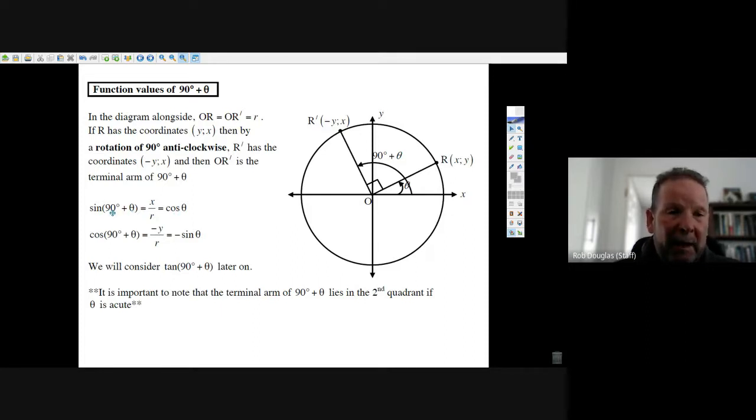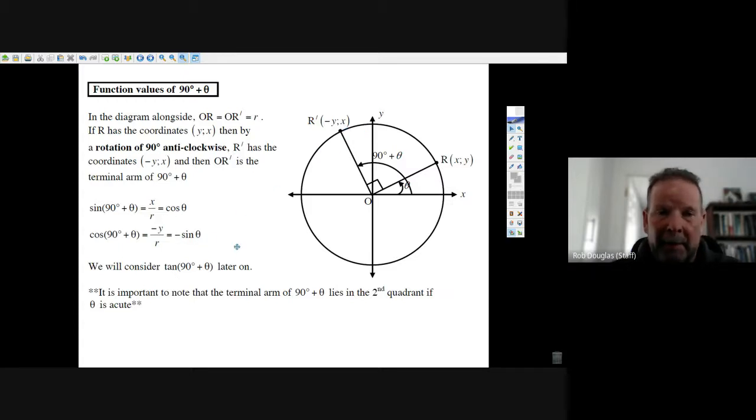Whenever you see 90, if you see cosine, you can just switch it to sine, okay? And if it's sine, you can switch it to cosine. The only thing you've got to be careful of: 90 plus theta, sine is positive up here, so you don't have to worry about the sine. But if it's a cosine of 90 plus, well, cosine's negative in this second quadrant,